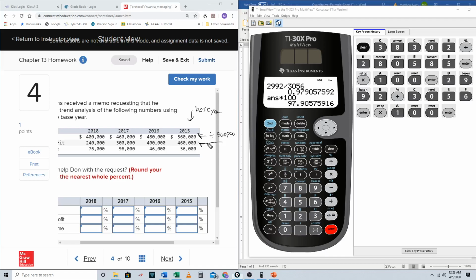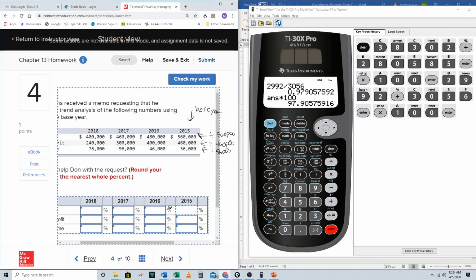Every number in this row is going to be divided by 460,000 because that's the number for the base year. Every number in this row divided by 56,000. Again, change to the nearest whole percent, which automatically means this first row here is